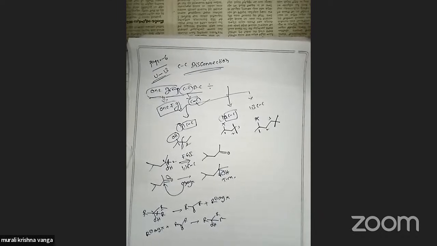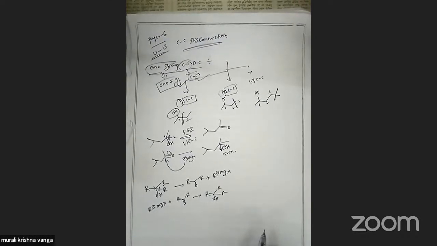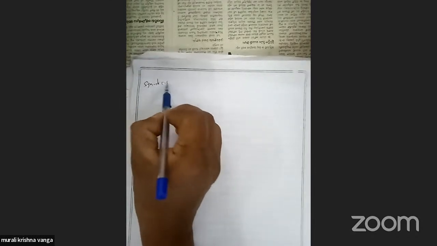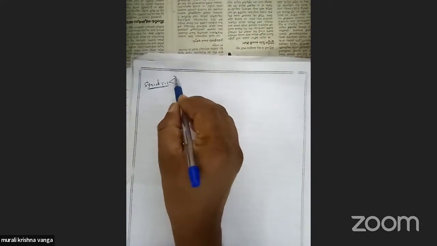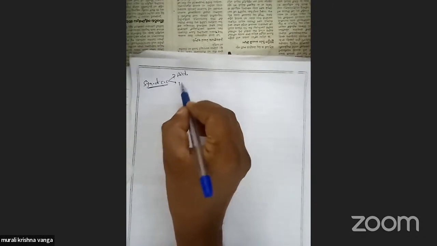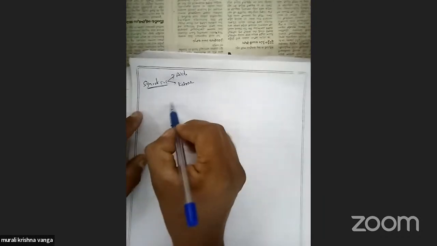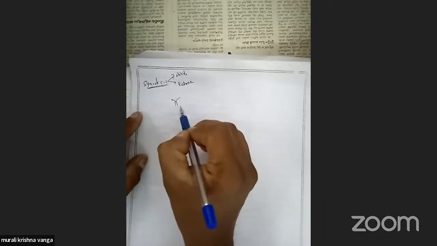Next, we are going to 1,2 CC disconnection. Before that, we are discussing some examples from your notes. One is synthesis of carbonyl compounds. We know already carbonyl compounds are two types: aldehydes and ketones. These aldehydes and ketones are obtained when alcohols